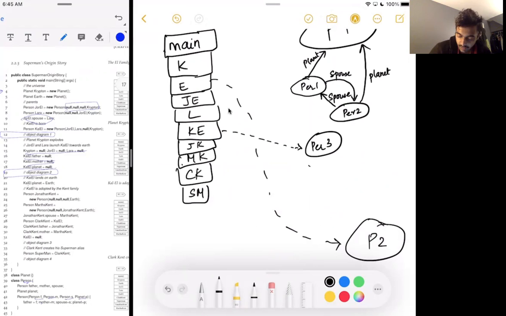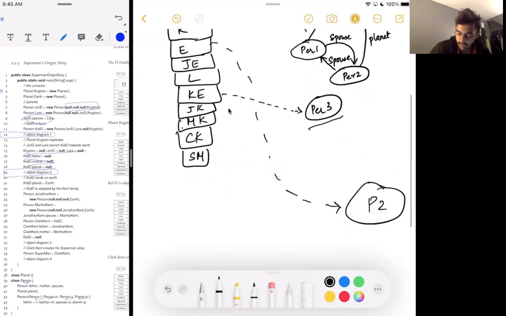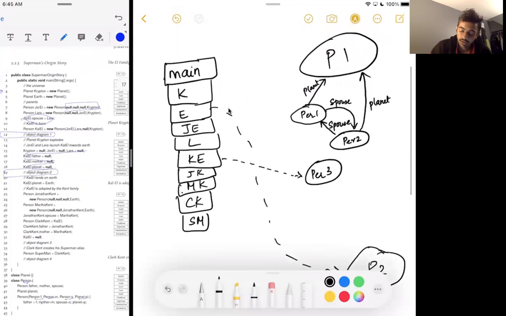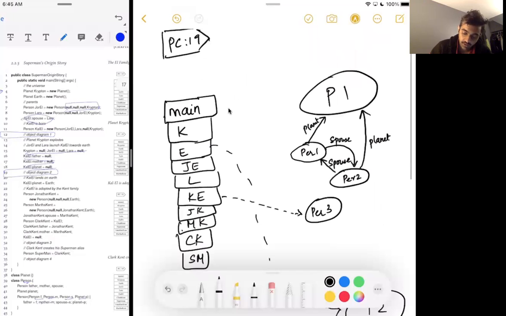Only 2 things are reachable, person 3 and planet 2. Planet 2 is Earth, person 3 is Superman. Only these 2 things are reachable. This part of memory is not reachable. So you will not be wrong if you said that a garbage collection will take care of this. It will remove all this and we can completely take it away. But I'm not going to remove it because